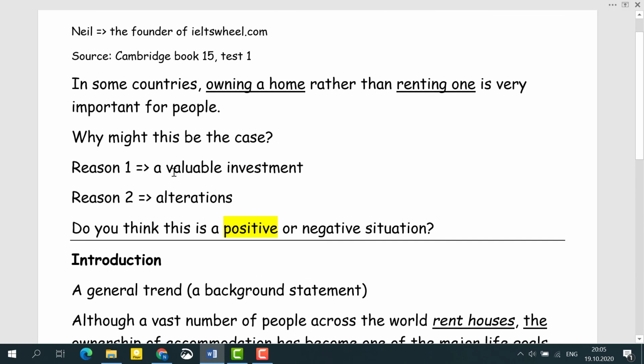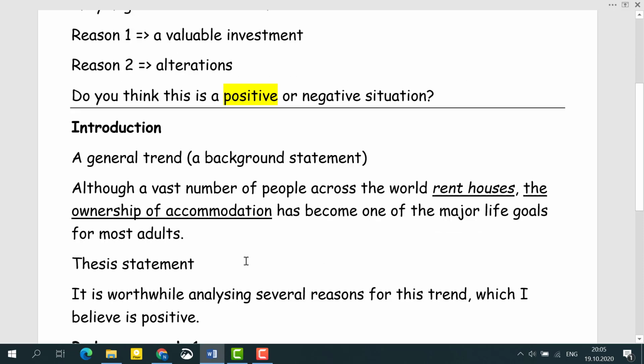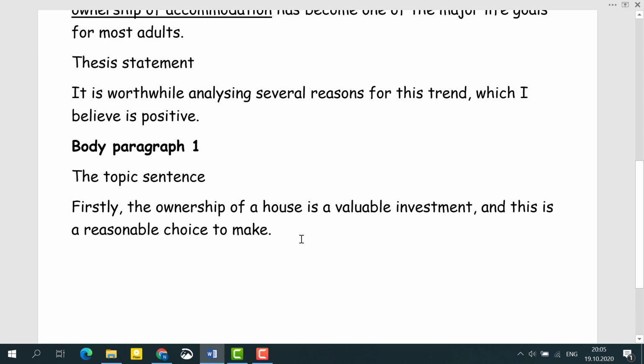The examiner will look at this and say, okay, well, Neil has answered the first part. He has addressed the first part of the essay prompt, and plus he has mentioned the fact that it's a positive trend. Sweet as. Now let's move on. Next, the examiner wants to see a very clear example. He doesn't want to see any philosophy. He wants to see a relevant example which supports the central idea.